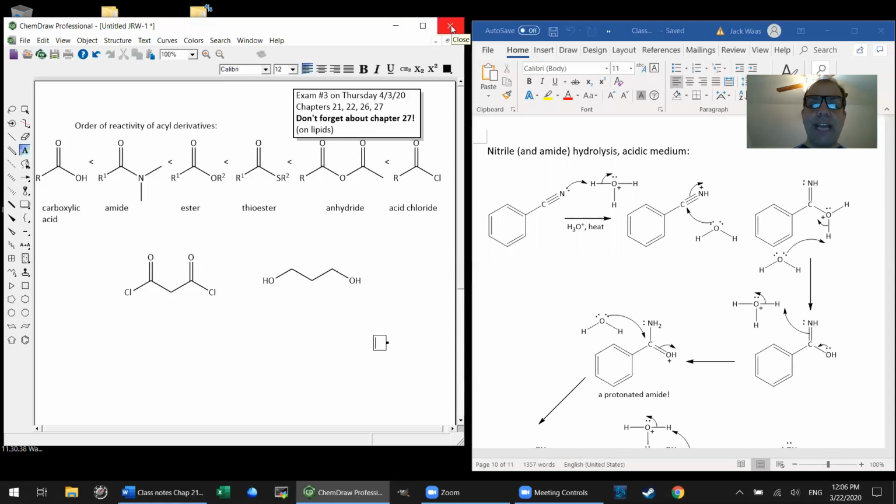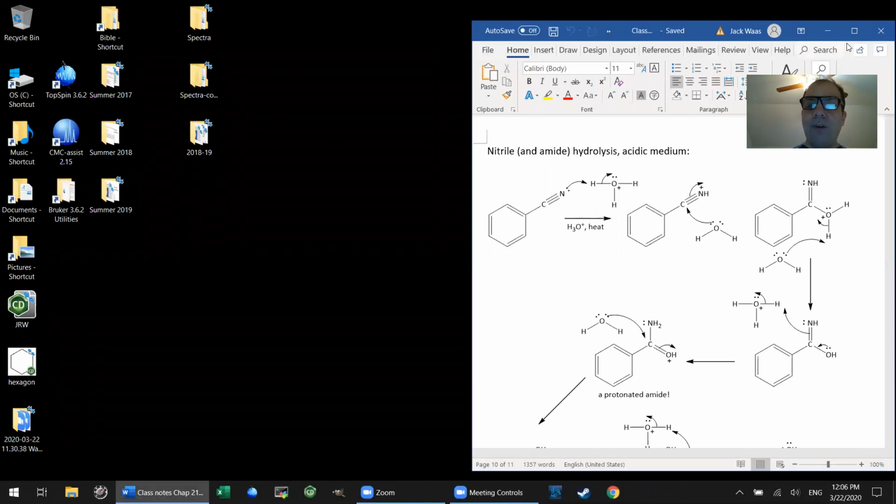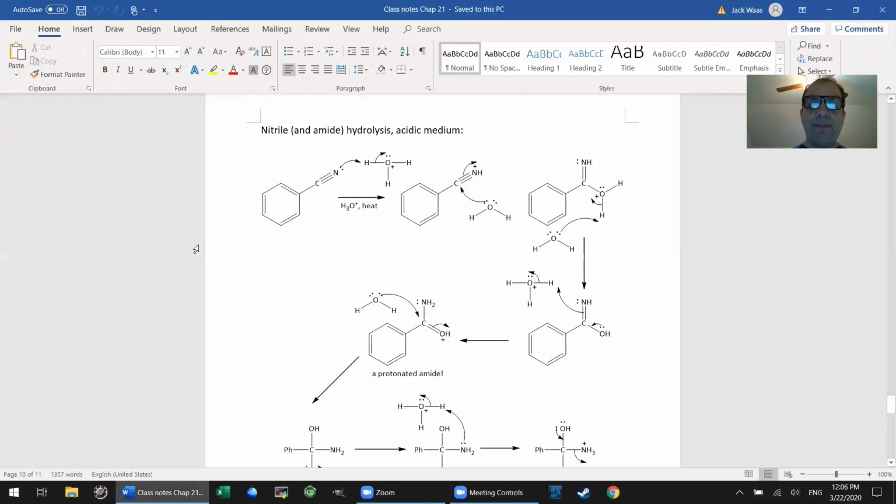Actually, I think we can now close this. I don't think we need that anymore. I can now open this up so that it covers more of the screen and we can see it more easily. So just as the first step of an acidic solution mechanism with a carbonyl compound is protonating that carbonyl